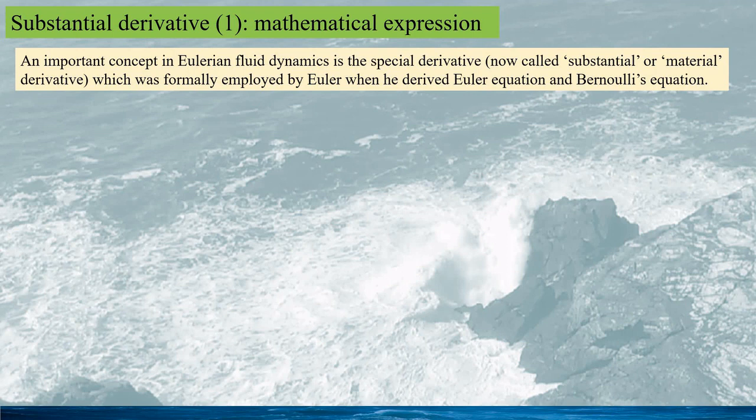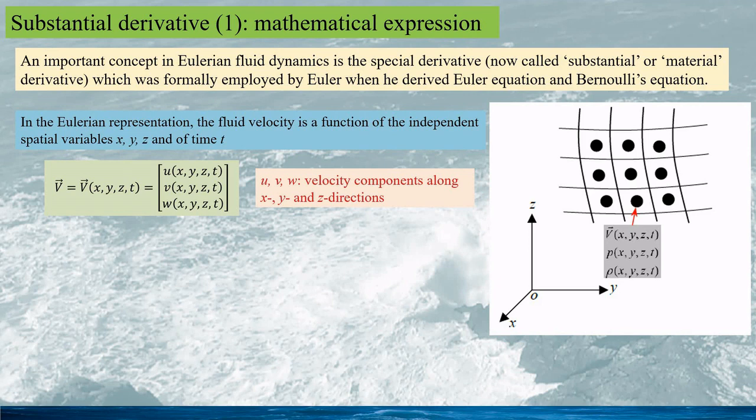A very important concept for fluid dynamics in the Eulerian approach is the substantial or material derivative. This special derivative was formerly employed by Euler when he derived the Bernoulli equation or Euler equation. When we look at the fluid motion and state at a point in the fluid domain, it can be seen that the parameters of interest would be functions of the variables x, y, z, and t, such as velocity